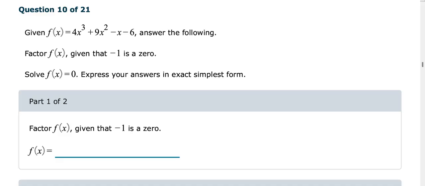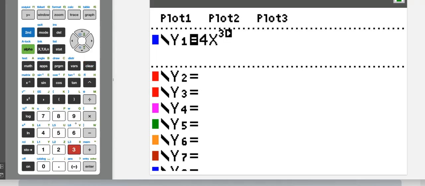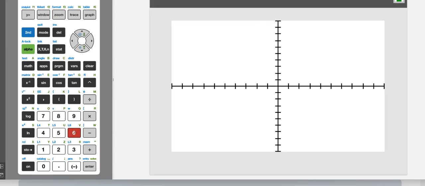Before I do this problem, I'm going to jump over to my calculator and go to y equals and type in that function, 4x cubed plus 9x squared minus x minus 6. And I'm going to do a zoom standard, so zoom in number 6. Ooh, I see some zeros there. It told me that negative 1 was a 0, so if I hit second calculate 0,